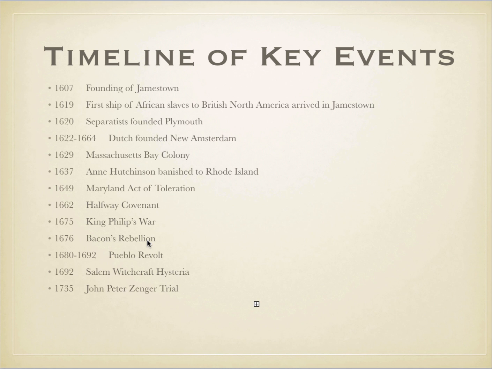And when the Native Americans attacked the poor people in the colony who were off the coast, they expected the governor, his name was William Berkeley, to protect them. He refused to do so because of this deal he had. So they responded under the leadership of Nathaniel Bacon, and they killed Native Americans. Sadly, they initially killed the wrong tribe, being confused, I guess. But then they continued to march towards Jamestown and tried to set it on fire.